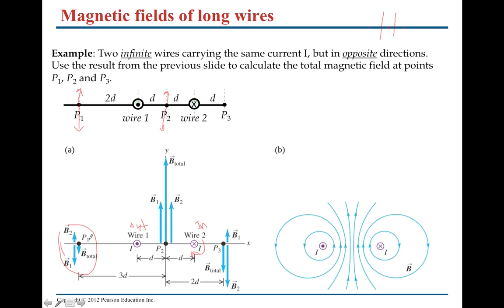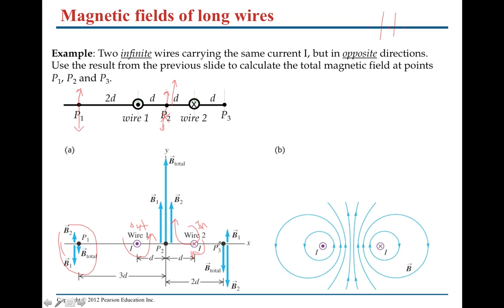Okay, this is the direction of the magnetic field. If you look at this point here, for this one, I remember it's out, so I curl this way, and that will give me this magnetic field. And this one is in, and I curl this way, and this will give me this magnetic field here. So at this point here, they both add, while in this point and this point here, actually at this point too,